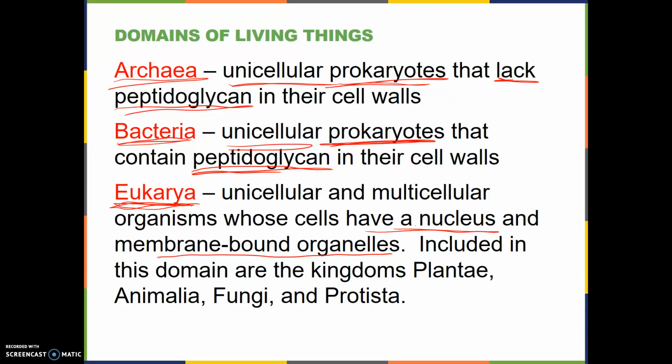We also have 4 kingdoms of living things in the eukarya. You would probably recognize plantae, animalia, fungi, and protista. The protista contain some unicellular protozoans. We see them swimming in pond water when we look at pond water under a microscope. And the protista also contains algae. But the other 3 groups, I'm sure you know examples of plants, animals, and fungi. So those are the 3 domains, and throughout this semester, we'll talk more about them and about different examples from these domains.